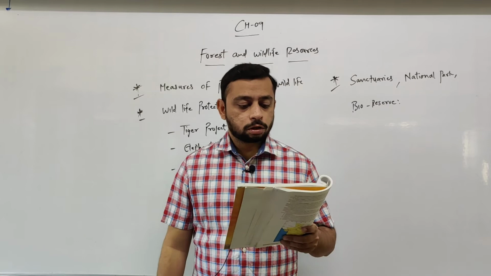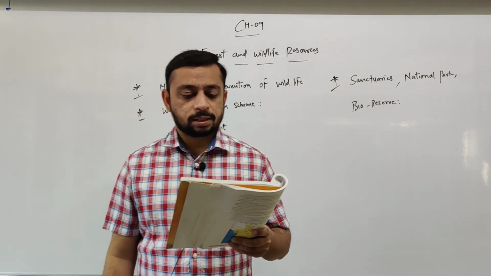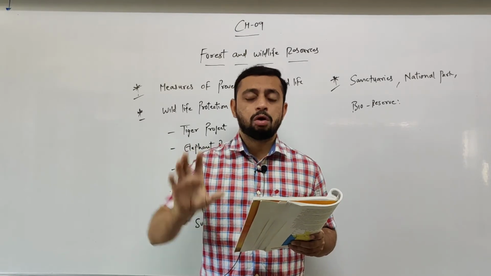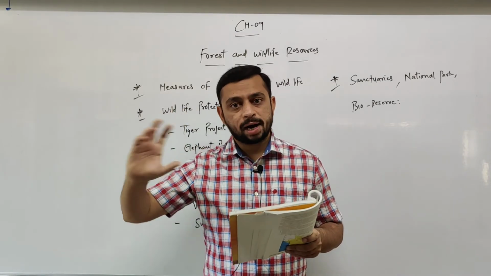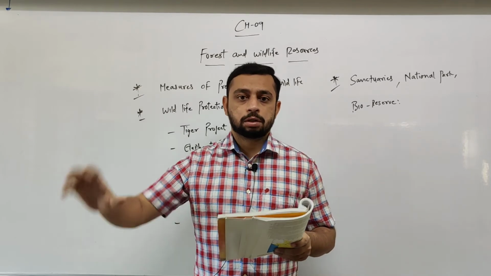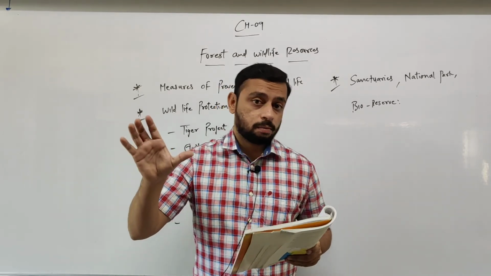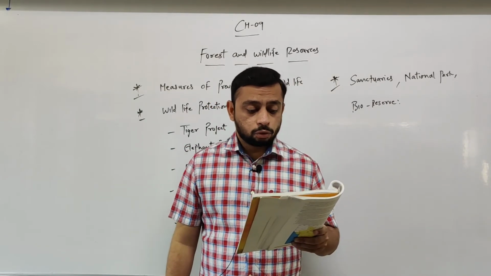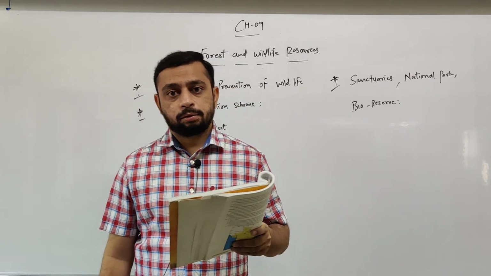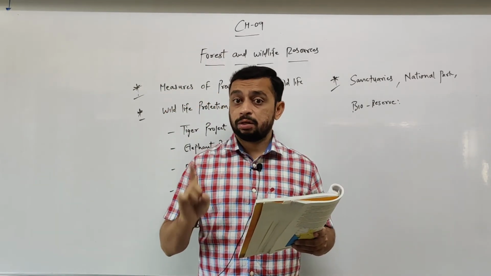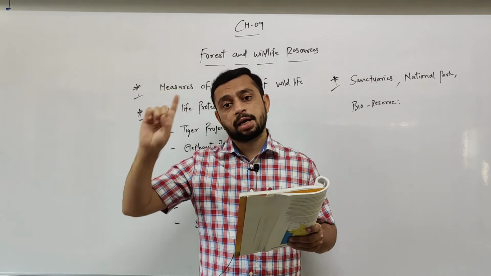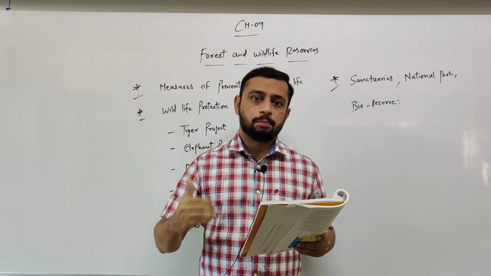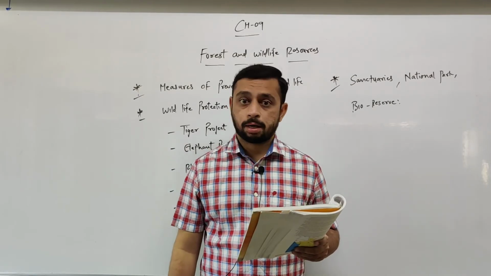Fourth, it is not centered around one species as a sanctuary is. The focus is not on one animal or one bird; there are different species, different wildlife creatures, all are focused on and kept in one place, right? It is established through the coordination of central and state government. Not just the government, not just the central government; at the state level the state and at the central level the central, both coordinate, with mutual understanding the project moves ahead. That is the national park, right?